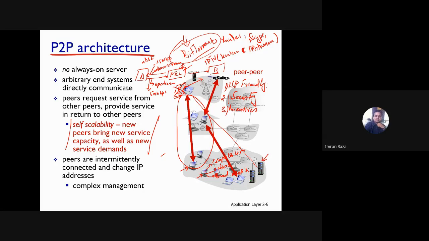What do you think? Do we have any incentive? No. So if I want this peer-to-peer application to be adopted at a large scale, or I want it to be successful, we have to come up with some incentives, right? So all these challenges are related to incentive design, right? So we need to see how we can give incentive to this host, right?